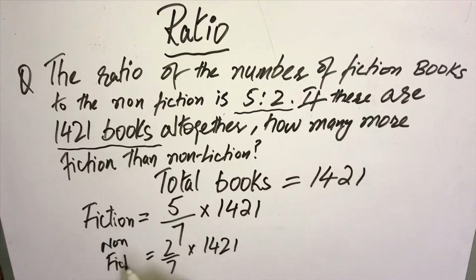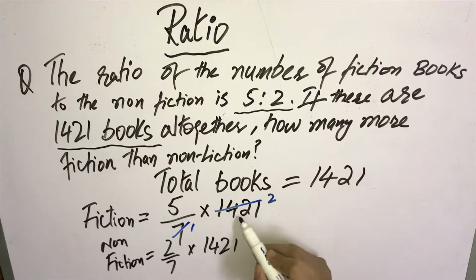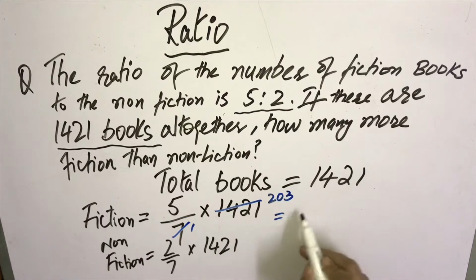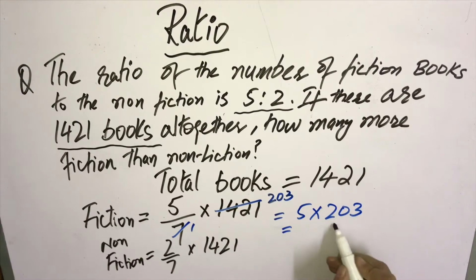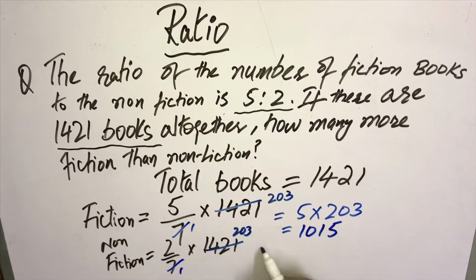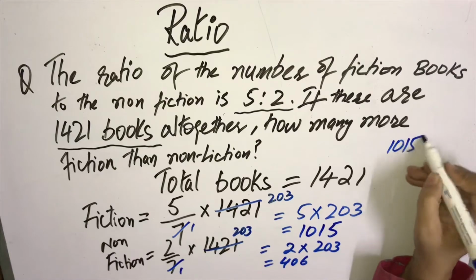I will have the answers. In the table of 7, 7 2s are 14. I have to take two numbers at the end, so I shall put here a 0. 7 3s are 21. And the number of fiction books will be 5 multiplied 203, 1015, and the number of non-fiction books will be 406. If I want to check my answer, I can add these two